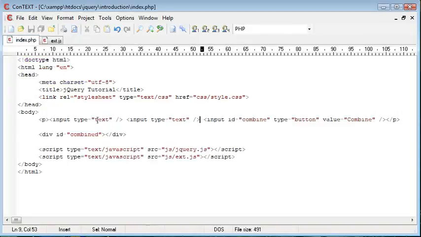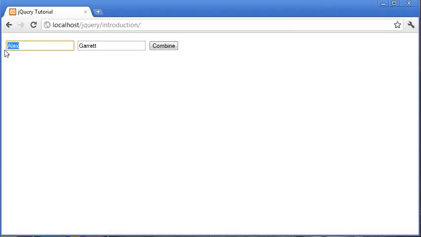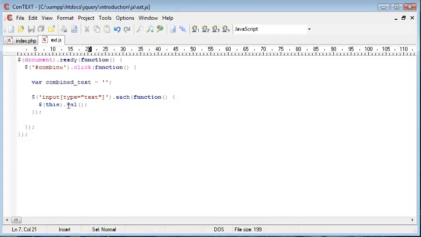to grab the value inside of the text field. So inside here, this would be Alex and this would be Garrett. So what we can go ahead and do then is actually combine it. So what I want to do is I want to say combined underscore text. Remember, this is the variable that we initiated up here. And then I want to say plus equals. So this will just add this value on every single time. We then want to go ahead and append a space on just on the end of here. So what we can do now is we can go ahead and alert,